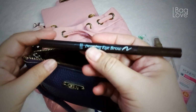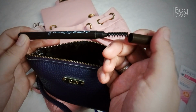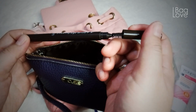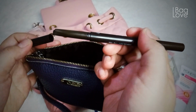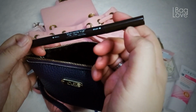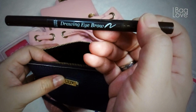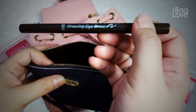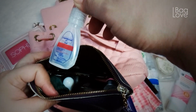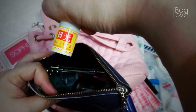then I have here Etude House drawing eyebrow, which has a brush for the eyebrow, and the other side is for the product. I love this one, and it is long lasting, I must say. And then I also have an eye drop, my favorite menthol stick,